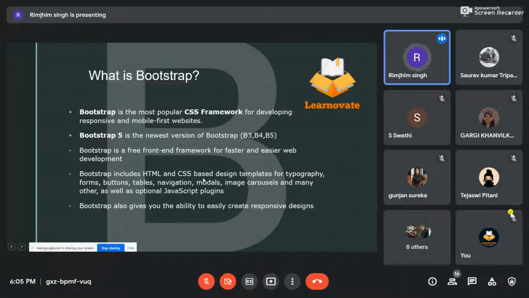For example, if you're using an application on the phone, the resolution we use is mainly this much, and the resolution we view on the desktop is bigger than the previous one. So how do we fix all those things, the rows and then columns? How does Grid mainly work in websites? All these things we'll be seeing today in our session.